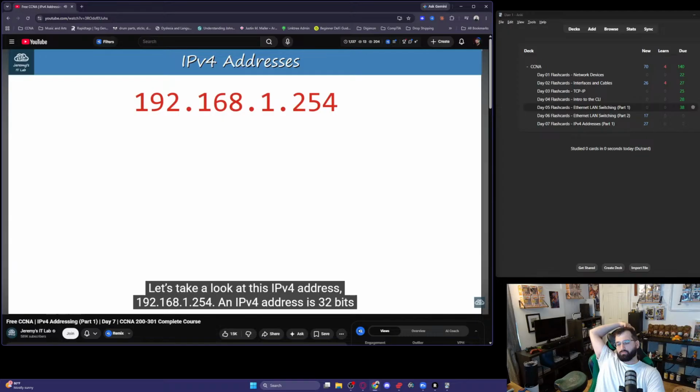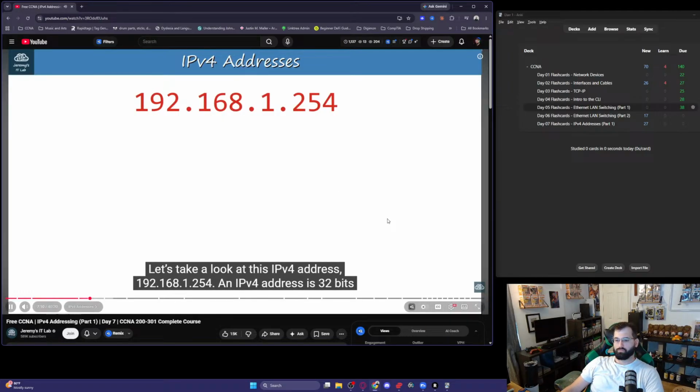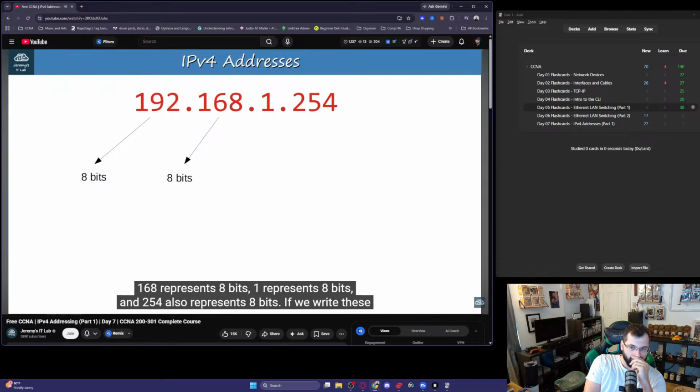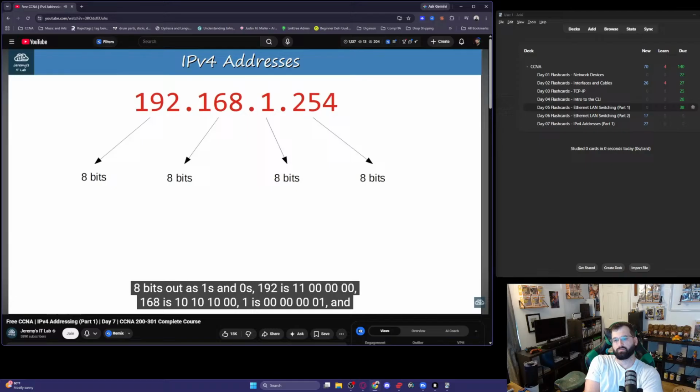Let's take a look at this IPv4 address, 192.168.1.254. An IPv4 address is 32 bits long, so each of these 4 groups of numbers represents 8 bits. 192 represents 8 bits, 168 represents 8 bits, 1 represents 8 bits, and 254 also represents 8 bits. They're all octets. If we write these 8 bits out as ones and zeros, 192 is